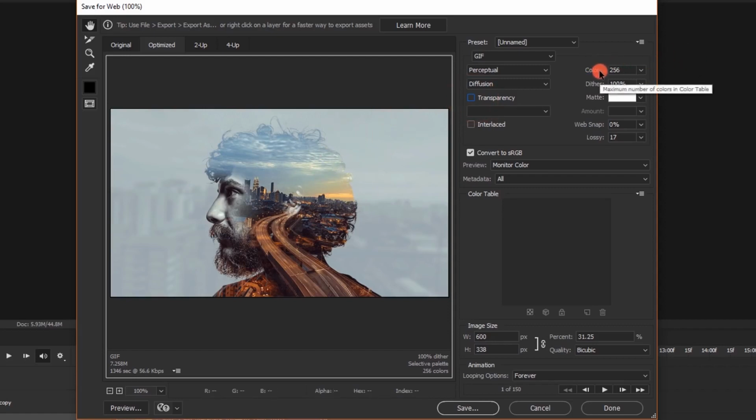And for the colors, it's actually up to you. If you want to use 128, the size will be reduced, but also the colors will be reduced. For me, I keep it to 156 because I have a lot of colors in here and I want it to be in a really good color setting. And for the dither, I put 100% and white in the matte, and in the web snap 0%, and for the lossy you can put around 10 to 20. So I think I'm gonna put about 20, and you know just keep everything else the same and click save,